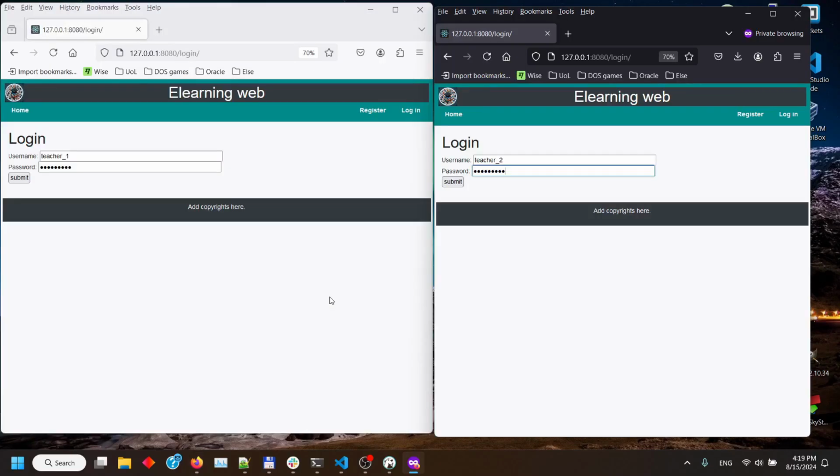I enrolled all four students: student 1 to course 1, student 2 to course 2, and then students 3 and 4 to both courses. So now the course teachers should have a notification about student enrollment. If I log in with teacher 1 and teacher 2,